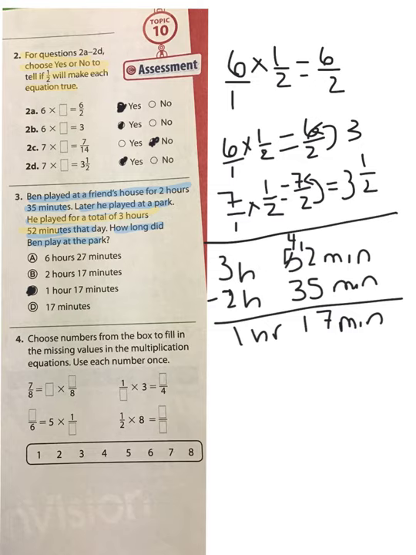All right, moving on. Number 4. Choose numbers from the box to fill in the missing values in the multiplication equations. Use each number once. These are just unit fractions. So, if I'm doing 7/8, then I know that that is going to equal, remember our top number is our whole number, 7 times 1/8. A unit fraction has to have 1 as its top number,